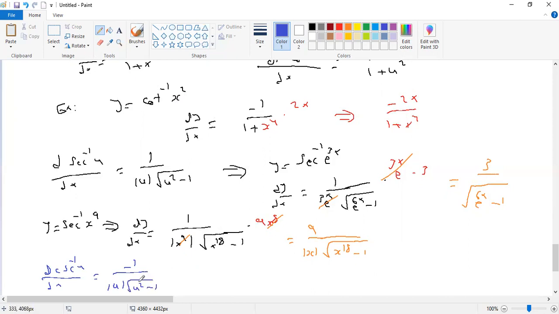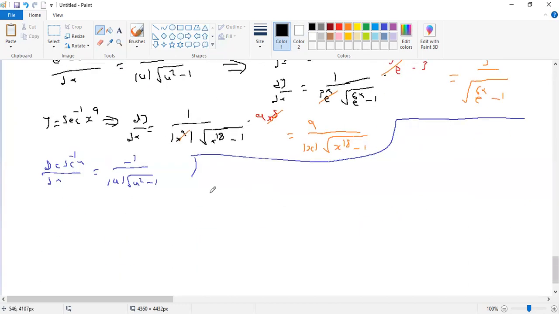So for example, to find the derivative, let us say y equals cosecant inverse of 2x. So dy/dx is equal to negative 1 over the absolute value